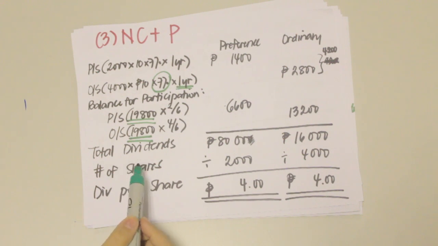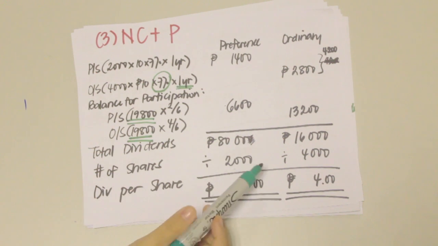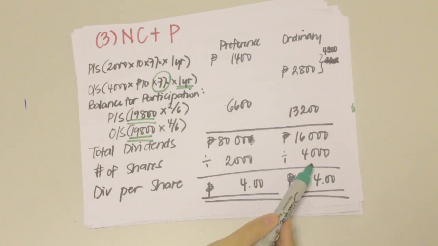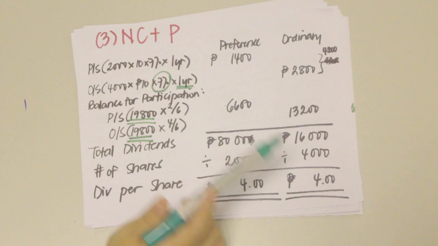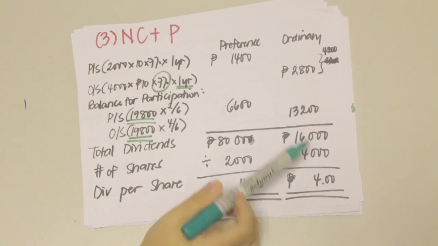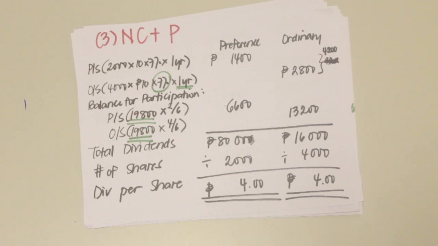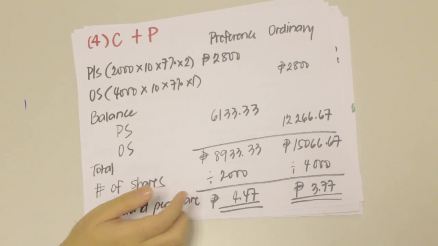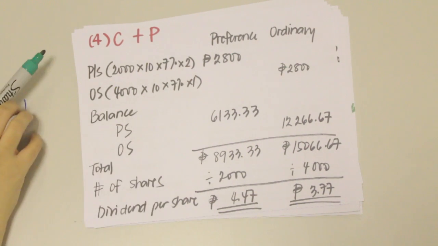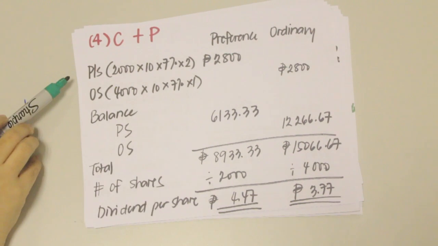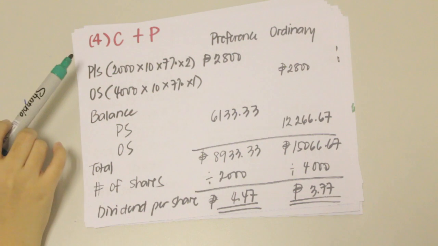Again, we divide it by the number of outstanding shares, which is 2,000 for preference shares and 4,000 for ordinary shares. We get dividends per share of 4 pesos for preference shares and again 4 pesos for ordinary shares. The last combination is when preference shares are cumulative and participating at the same time. So we follow the same steps as that of scenario 3, but first